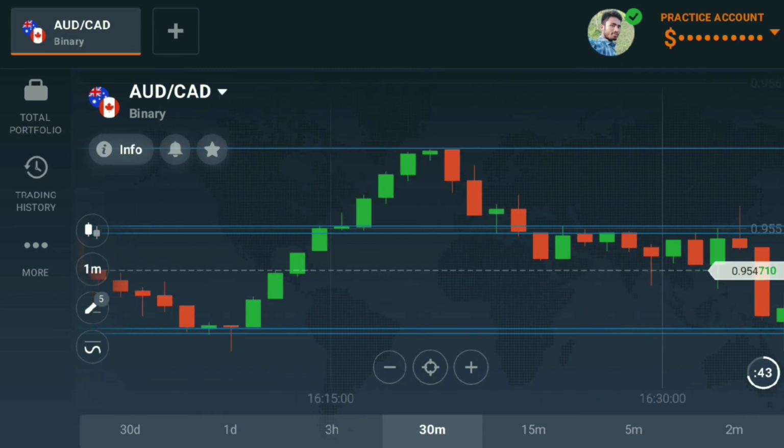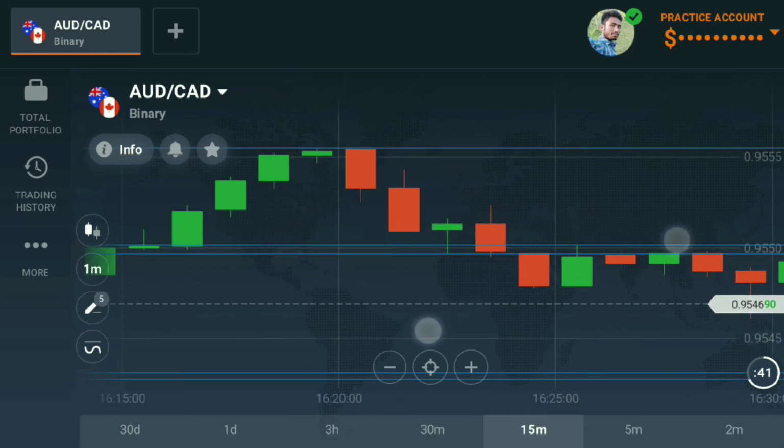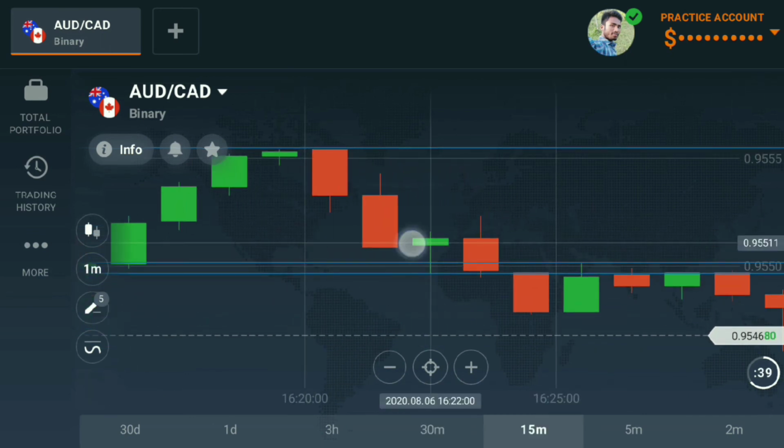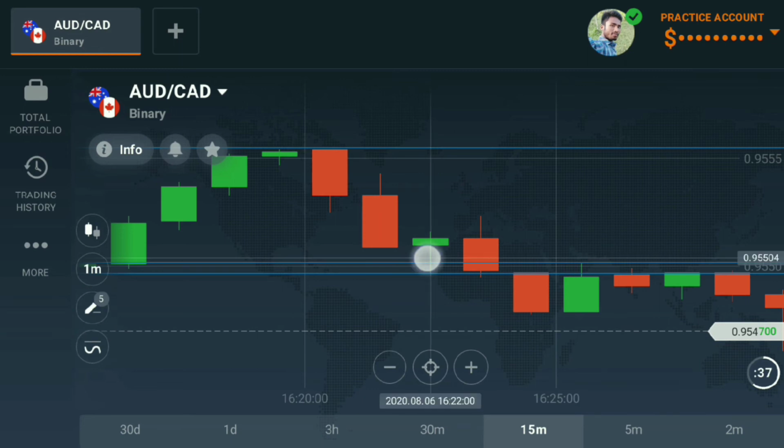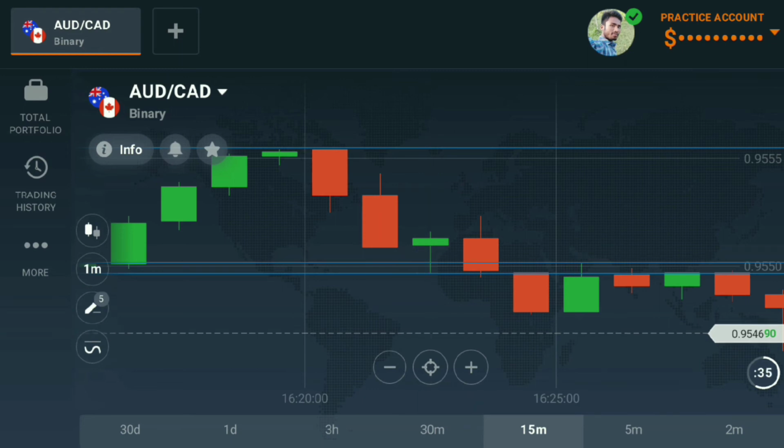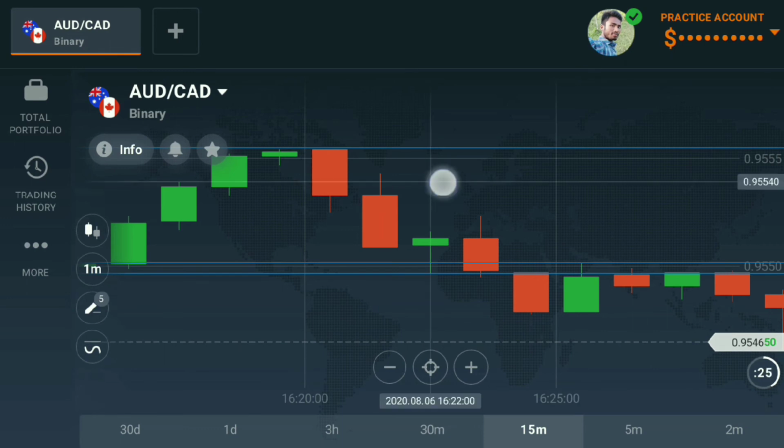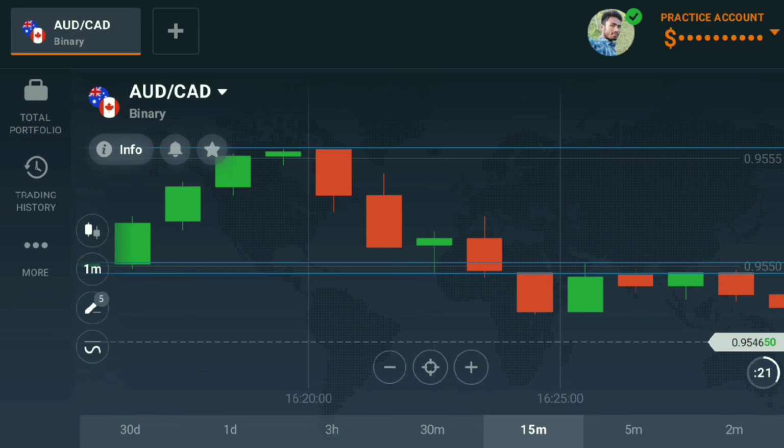So here you can see this candle, right? The market closed near this level, so this is a strong candle. That's why if we trade with the 5-second confirmation, it will be better. Your winning ratio will be increased if we trade with the 5-second confirmation. Here we can see